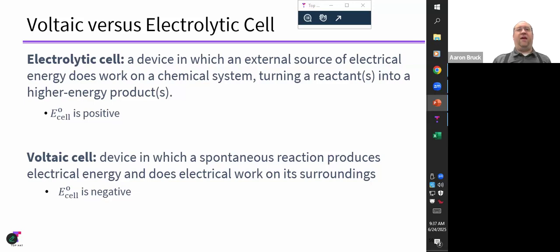So with electrolysis, we are talking about something called an electrolytic cell. Electrolytic cells